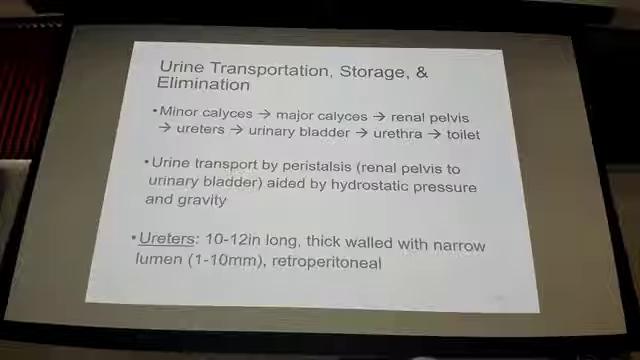So, remember what the minor calyces are? Where do we find those? Right after the renal pyramids, the point of the pyramid is the papilla, and the urine just starts to drip down there from the